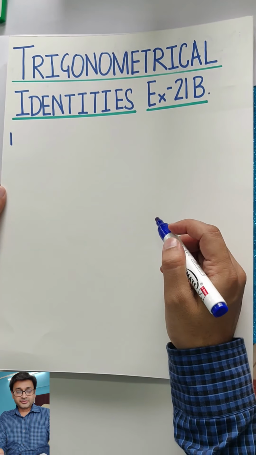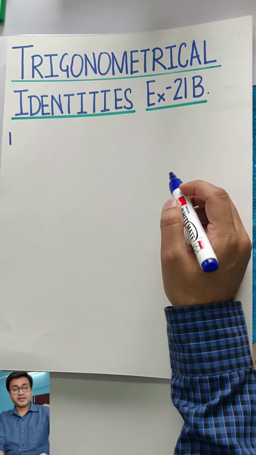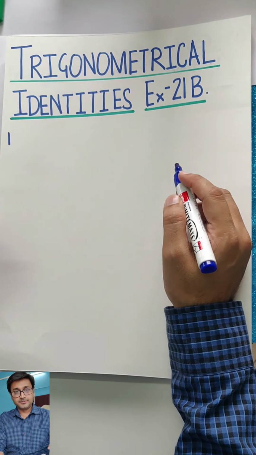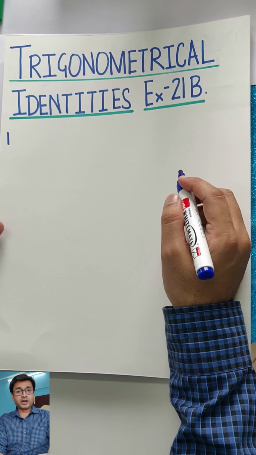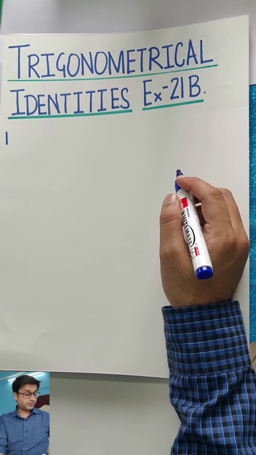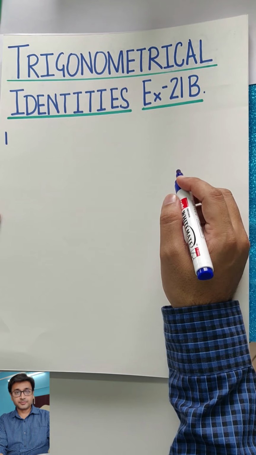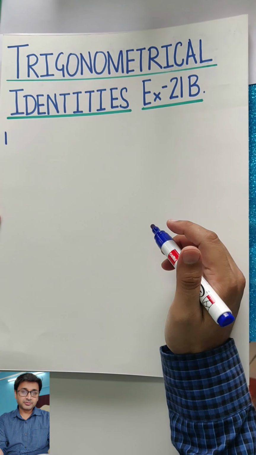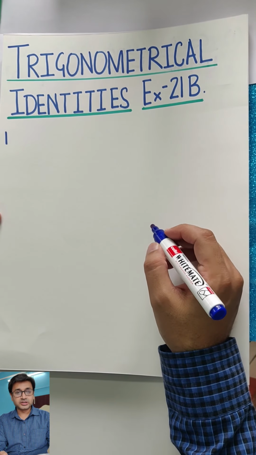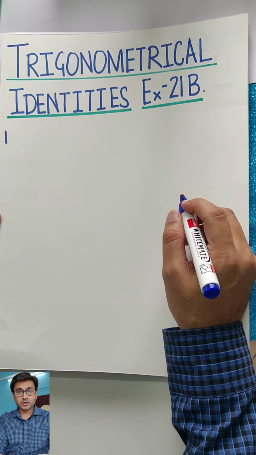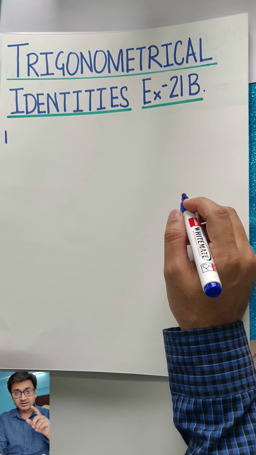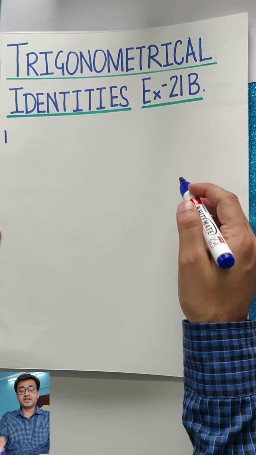Hi, in this video we are getting into trigonometrical identities exercise 21b. Now in 21b you got 1 part 1 to 1 part 9, and then you got sum number 2 till 7. So from sum number 2 to sum number 7 are all cancelled, they are not in your syllabus anymore. So we're just going to focus from sum number 1 part 1 to 1 part 9. Please remember that, don't forget. Okay, so let's hit it.